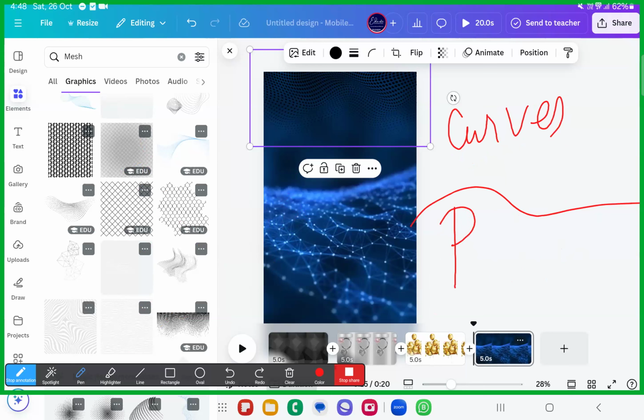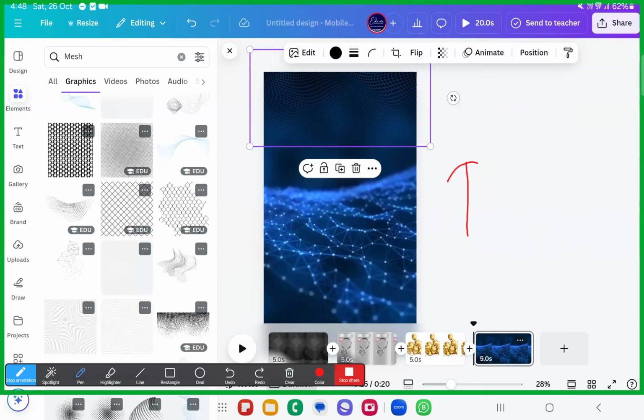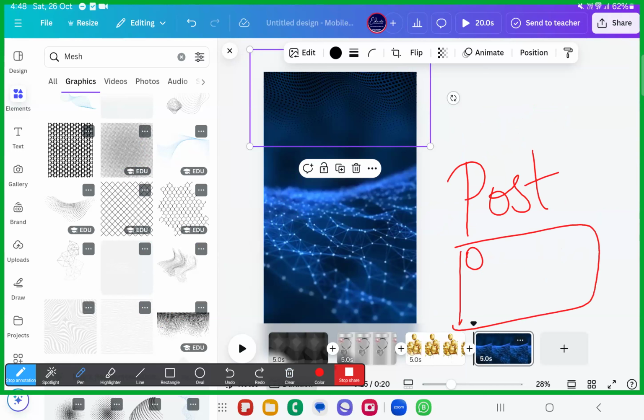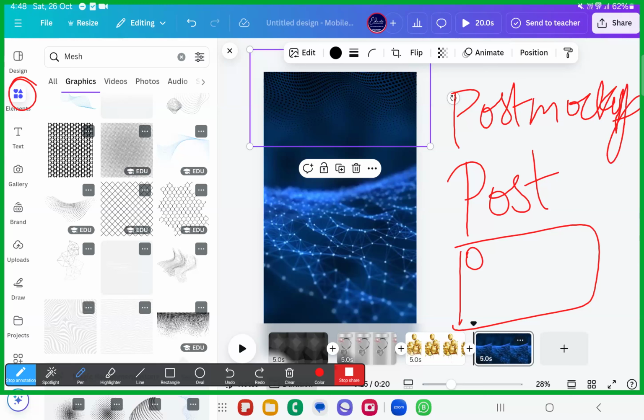Okay, the post. If you want to have a fake post generated, you can just write this post format. If there's a saying by someone important, you'll have it as an Instagram post or something like that. You can just write post mockup. Post mockup in the elements and see how beautiful you can get that. Please write this down.